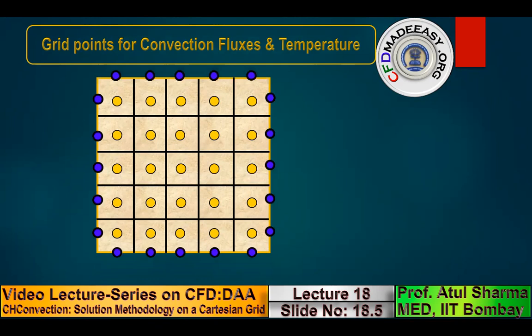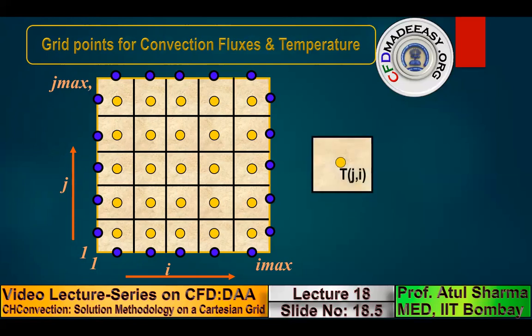These are the grid points for temperature. And these are the running indices to store the temperature with a data structure as a matrix. So I and J correspond to the running indices. They give us the address of an element in the matrix as a data structure for the storage of temperature.